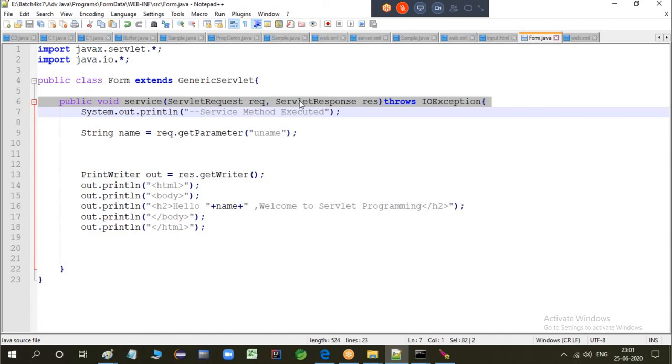If you don't understand this, in future there will be the internals of servlet also: what is happening, how many objects are getting created when you send the request, which objects are getting executed and which are getting deleted. All those things we need to understand. So understand one simple service method, one or two simple servlet programs, execute them, and you will be able to understand the complete servlet.